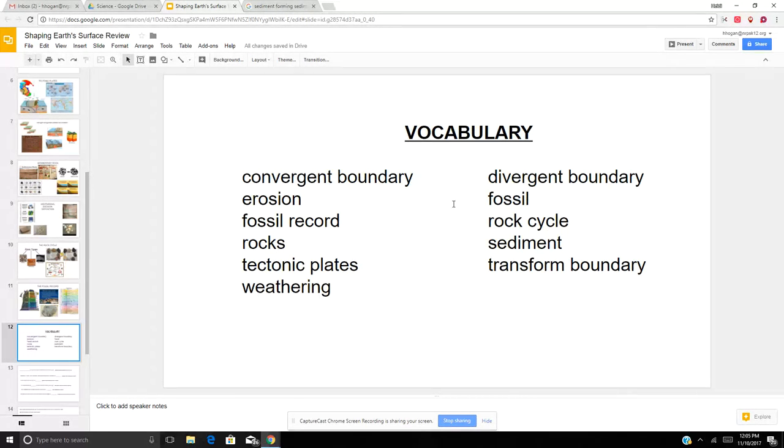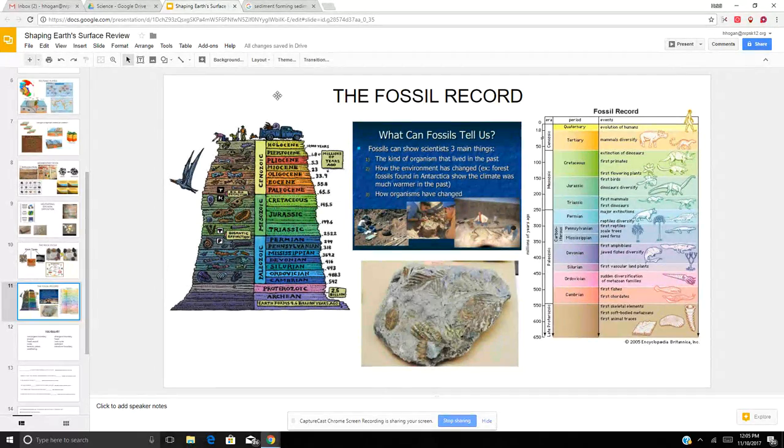We talked about fossils, the remains of plants and animals that can be in the different layers of rocks, like in the Grand Canyon, and that creates a fossil record, or telling us what is going to be happening. And I think I skipped that, actually. Here's the fossil record. I skipped that whole slide. Okay, the fossil record